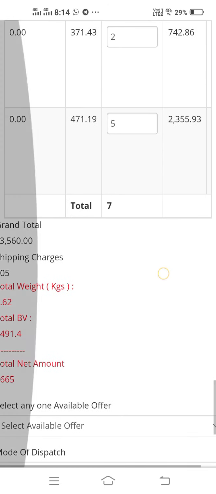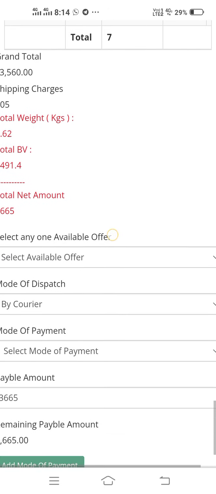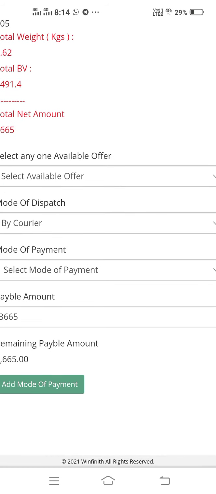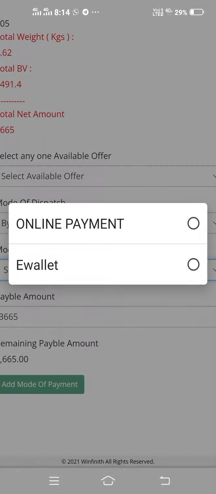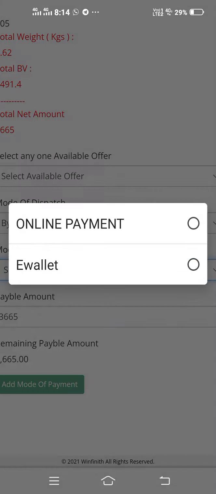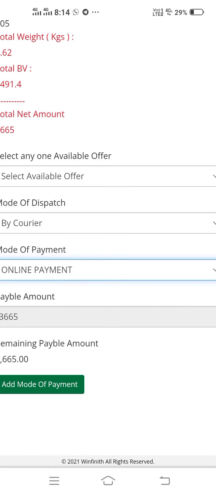Now you can come to add mode of payment. When you come to add mode of payment, first you can click on select mode of payment, then online payment.